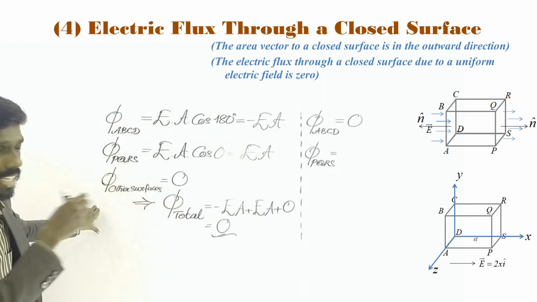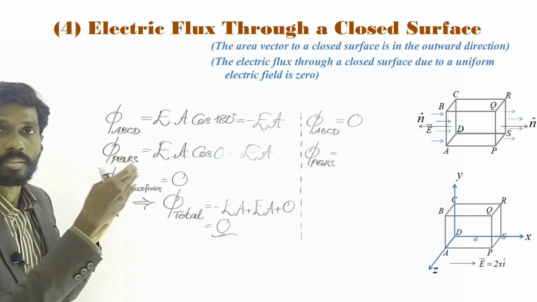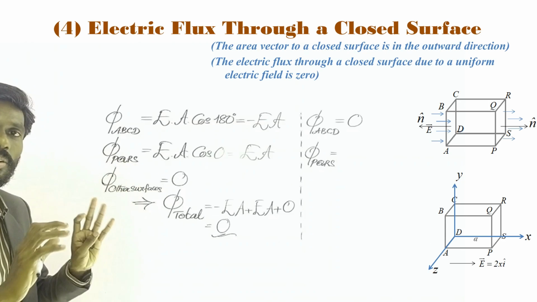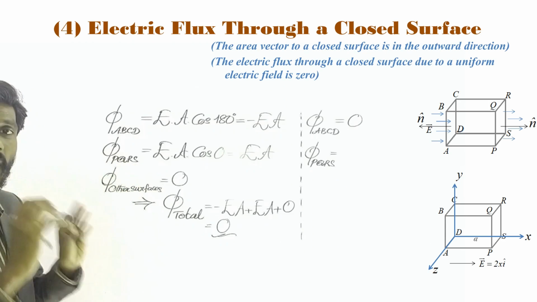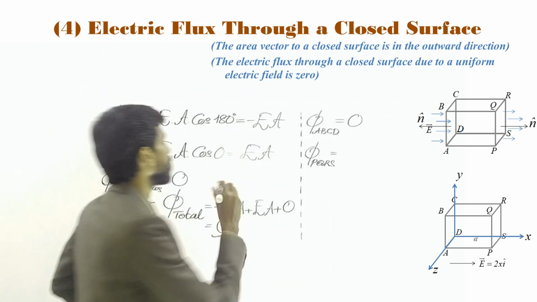So A is the value of x, A is the side, the length of the edge of the cube. That means A is fixed, so the x value is A, that's all. So that is the value of x, A. So what is the electric field? 2x, that means 2A. So the electric field is 2A